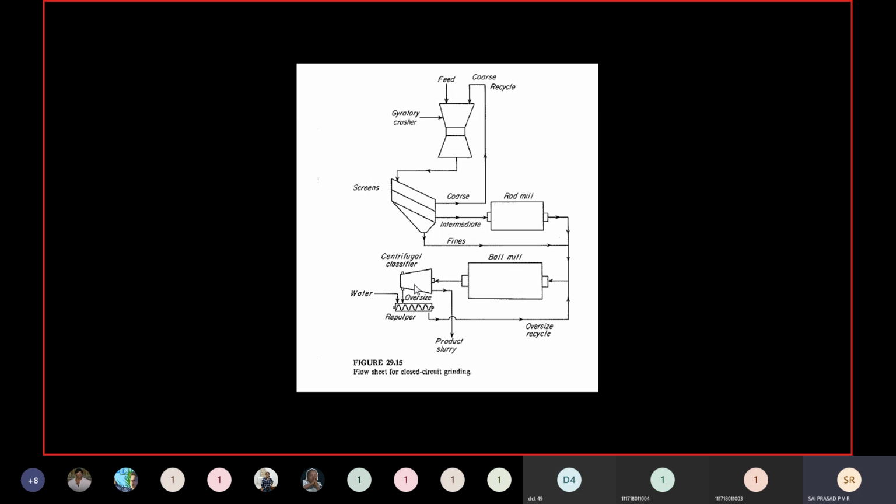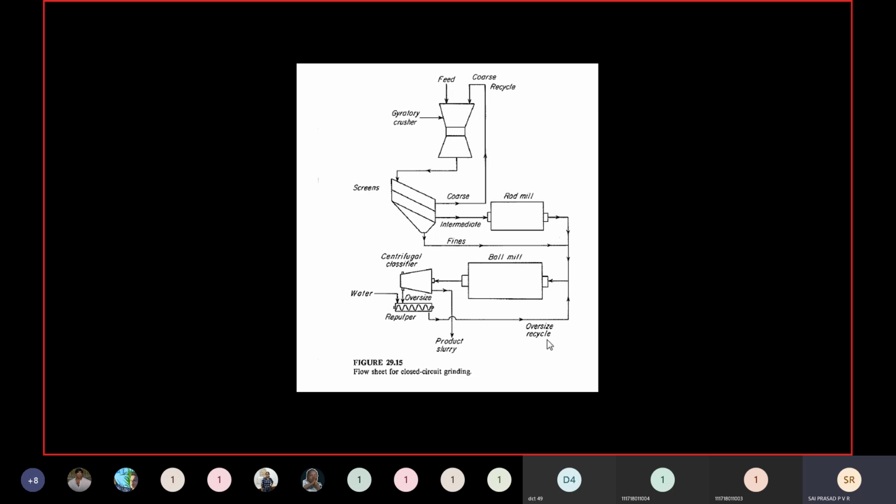A classifier is a device which is used to separate the inlet solid particles into two sizes. One is smaller size, second one is heavier size. And here the medium is water. So what will happen? The oversized particles are now sent back to the repulper, where we add an additional amount of water and then send it back to the ball mill. Whereas the small size particles along with the liquid, they'll be coming out. So this can be dried up, and then the product can be used elsewhere, and the liquid can be recycled